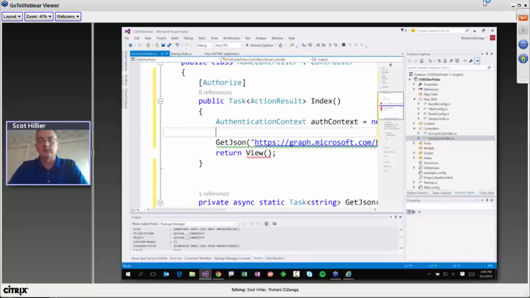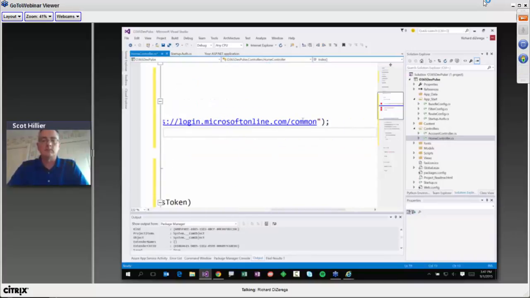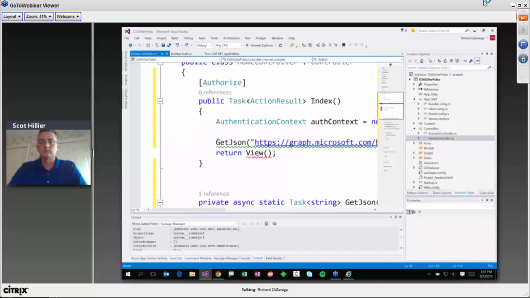That's right. I could have easily hard-coded this to my organization by saying mine is rzdemos.com, but in this case, I just want to make it available for anyone to use. This would be great for a mobile application or a web application that you're going to make available to many different orgs.